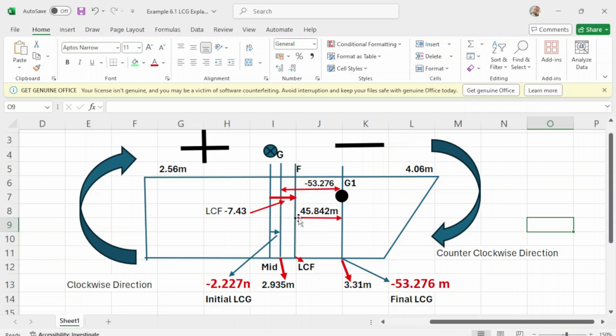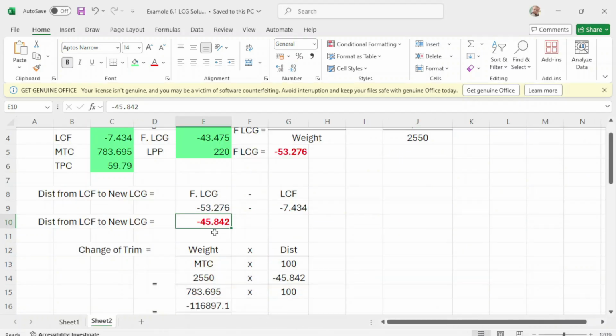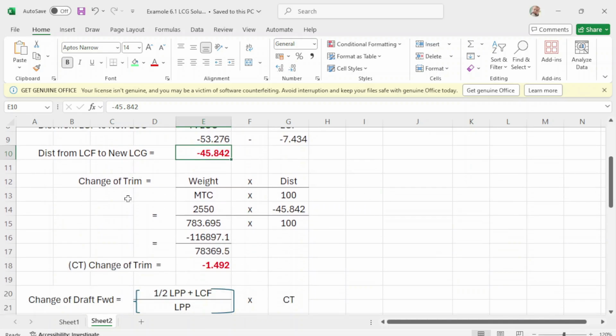The distance is 45.842 from center of flotation to the new G1, which is the equation of LCG minus your LCF. LCG is -53.276 minus your LCF, which is this one. So your distance from LCF to new LCG is -48.842.